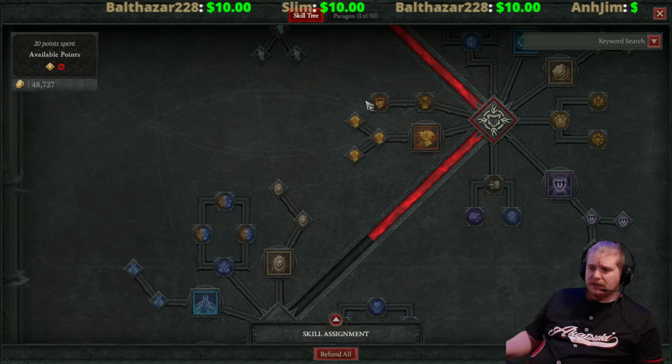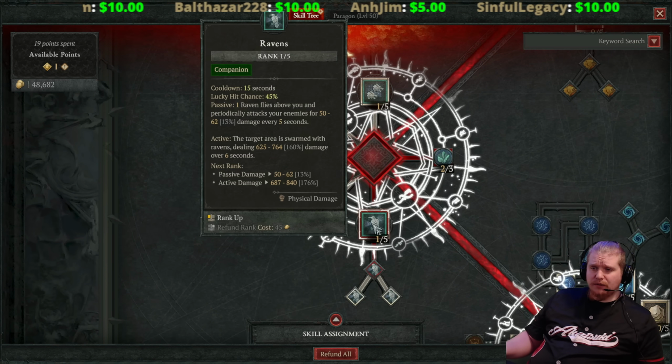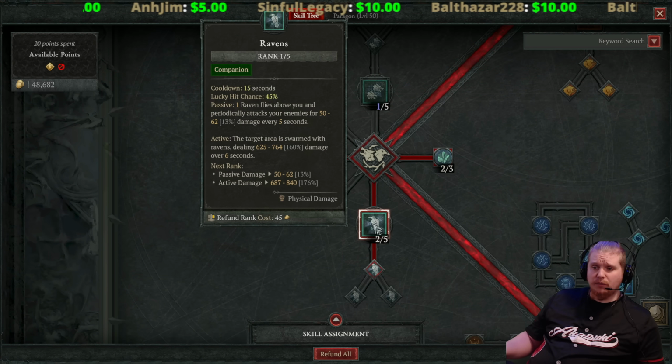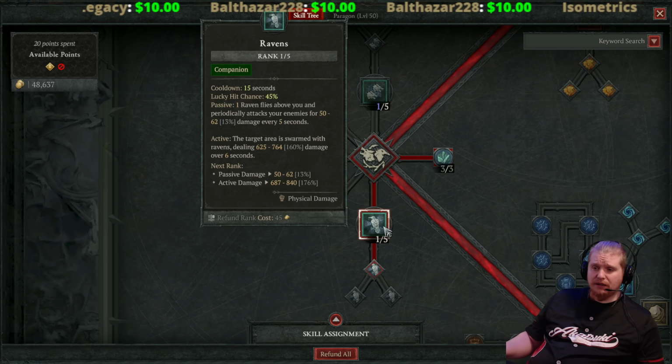And to demonstrate that, I can always take a point out here and show you what I mean. So the Ravens currently have 840 active damage, right? So if I put a point in there, they go to 917. Take the point out, put the point back in here, they go to...